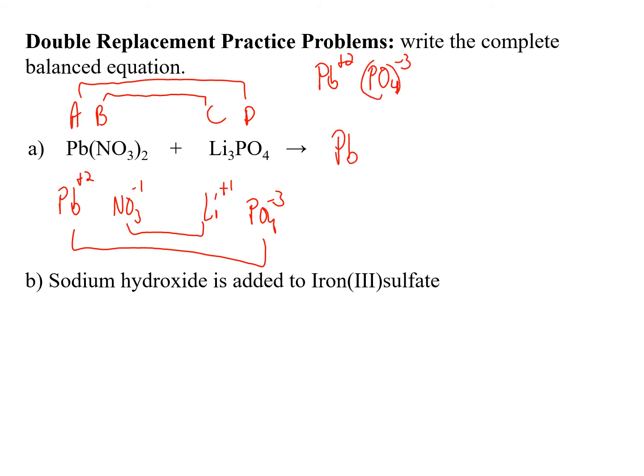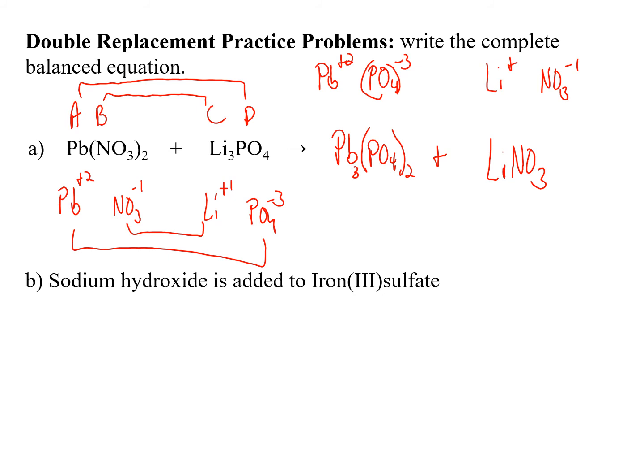we get Pb3, PO4 2, and then we said lithium was going with nitrate, Li plus 1, plus nitrate, NO3 minus 1. Do the crisscross, you get LiNO3. And now we balance